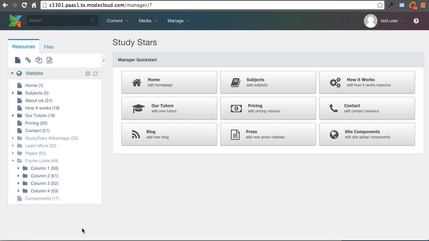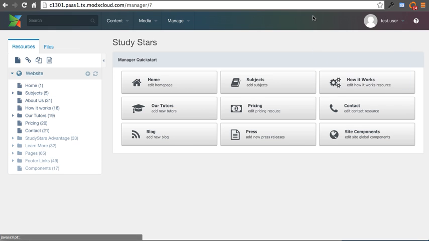In this video tutorial, we're going to take a quick look at the overall setup for MODX whenever you log into your MODX manager. There are really three things you're going to see when you log in. You'll see what we call the manager quick start, and this is just a custom setup that we did. Each site has a different set of buttons, but in this tutorial we're going to cover a specific site that we just built, and yours will probably have different buttons, but each one of these buttons has different functions that